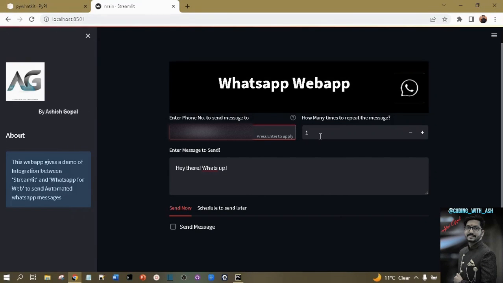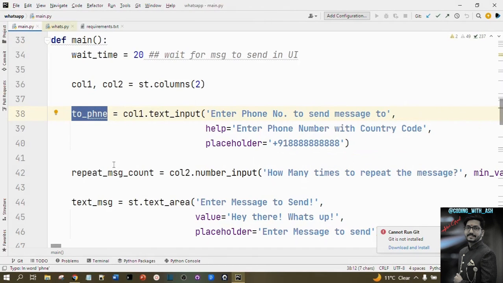Then how many times the message needs to be repeated. For now I'm writing 3 times. The message that I have written is, hey there WhatsApp. Now there are two options, send now and schedule to send later. First I'll give you an example of send now. If you go down,